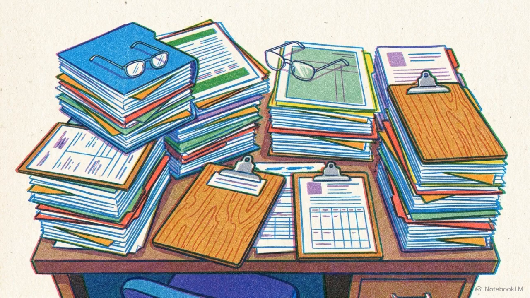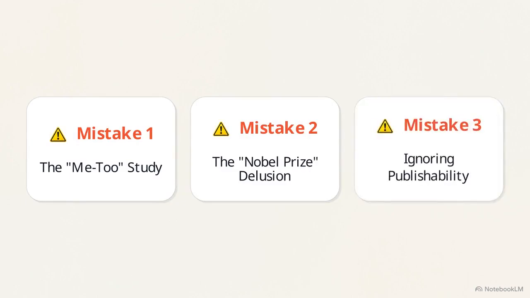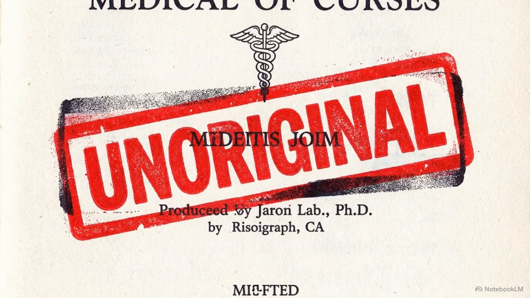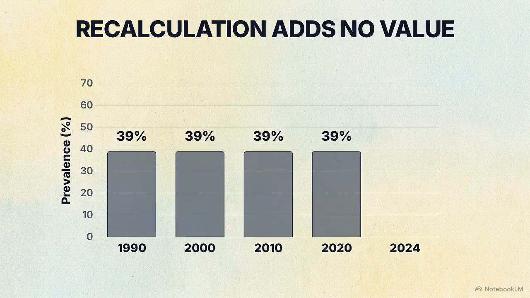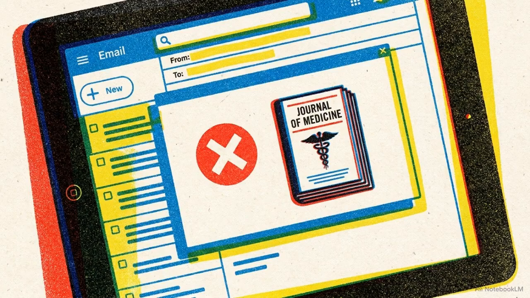After 20 years in medical education and reviewing thousands of protocols, I see students fall into the exact same 3 traps year after year. Let's break down why the traditional approach to picking a topic usually fails. Trap number 1 is the Me Too study. Think of the classic prevalence of anemia in pregnant women. We have known this data for decades. Simply recalculating that prevalence in your specific hospital adds absolutely nothing to the scientific community, and serious medical journals will